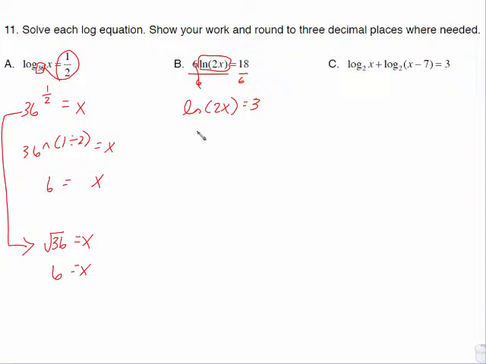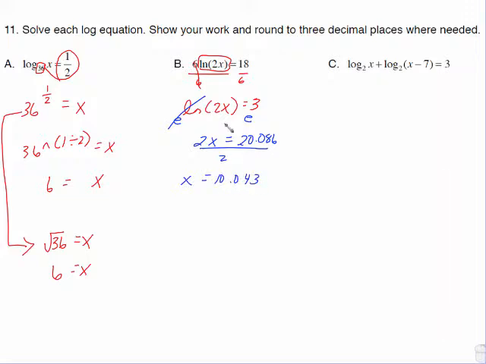The opposite of natural log is raising e to the power. So I'm just going to slip in a little e to the. As long as I do it on both sides, it's okay. And the reason this is a nice thing to do is e to the ln is going to cancel out, and all you get is 2x. E to the third is something that you can do on your calculator, and it is about 20.086. Divide both sides by 2, and we end up with